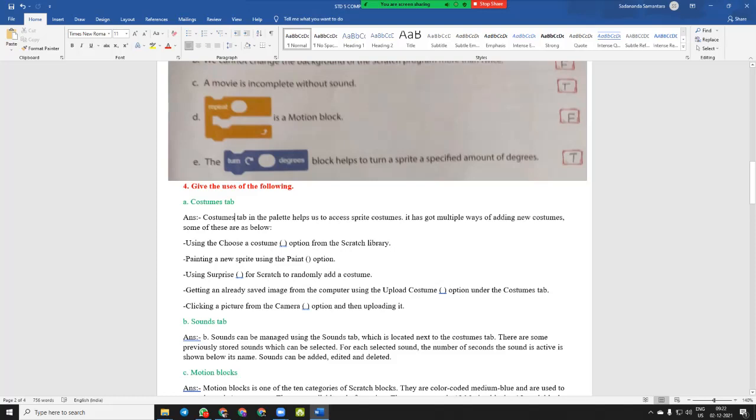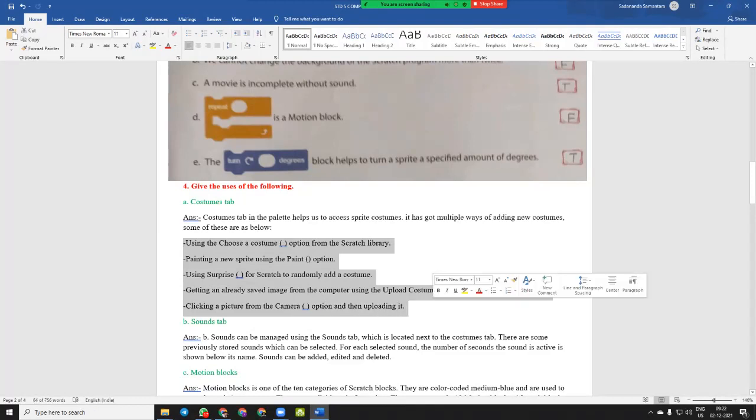Clicking a picture from the camera option and then uploading it. So these are the ways to add costumes. By using these five options, we will be able to add new costumes to the sprite.